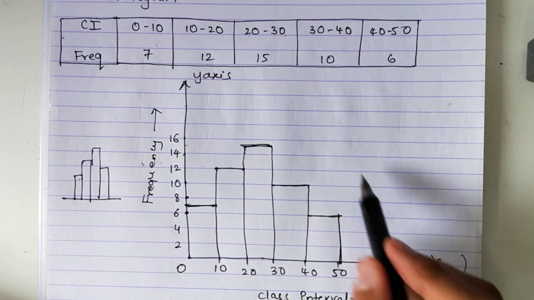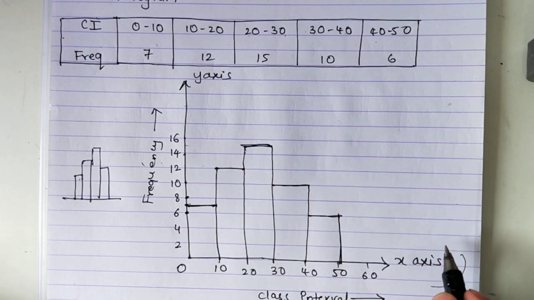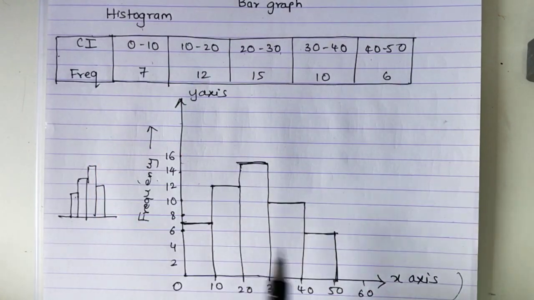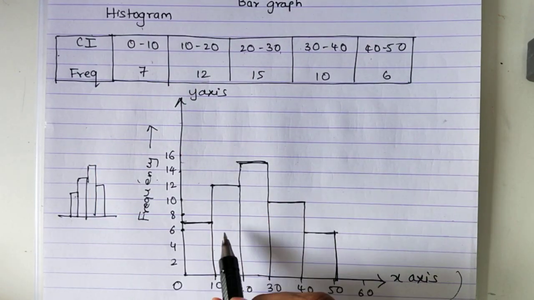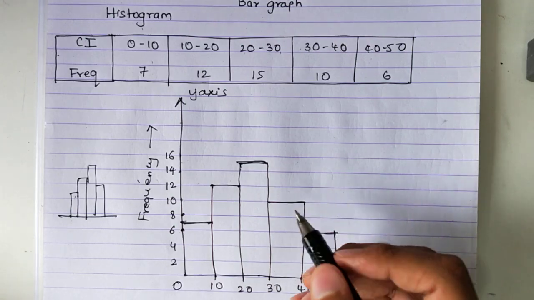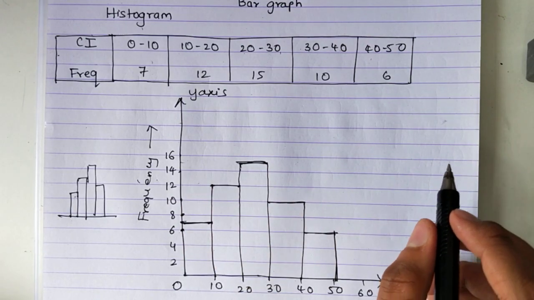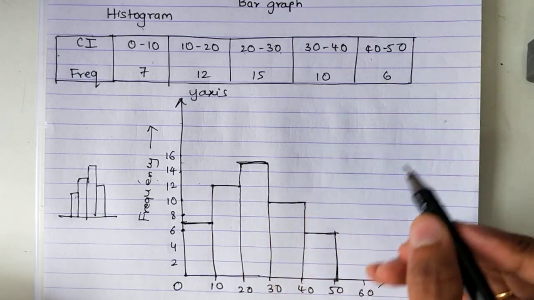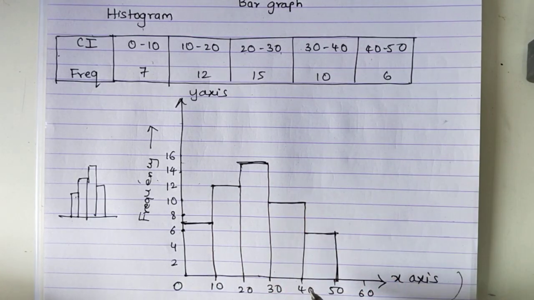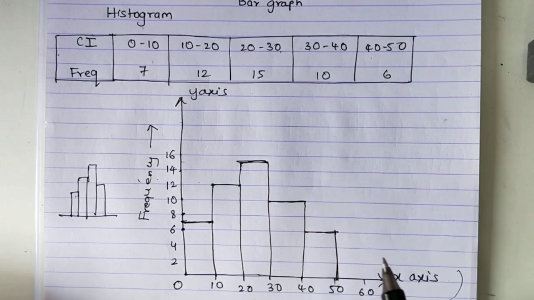So this is how we draw a histogram. Now from this histogram I will draw a frequency polygon, but there are certain changes to be made here to make a frequency polygon. I will show you them once we start with the first sum. Now, what all things are important?